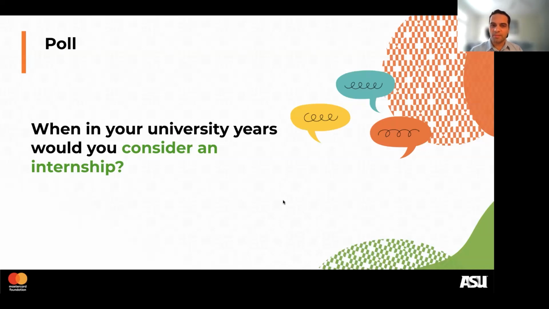I see some saying sophomore, second year, third year. I see a lot of people saying fourth year. A good number is also saying freshman, first year. These are the American names for university years, by the way. I know in many countries we say first year, second year, third year, but freshman, sophomore, junior, senior, okay. It would be great for as many of you to answer, just to get a sense of where you are thinking right now.